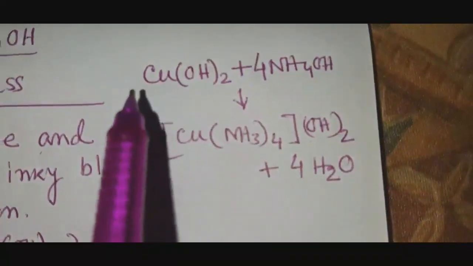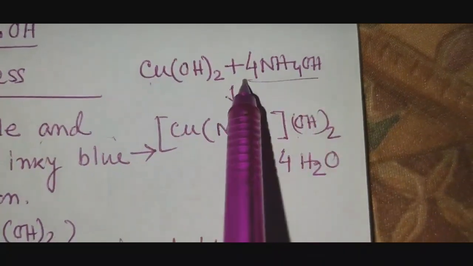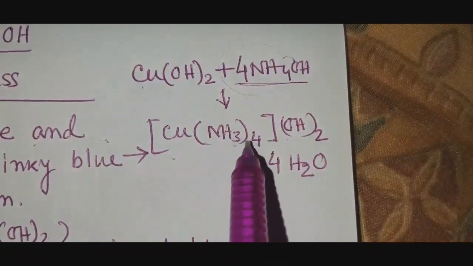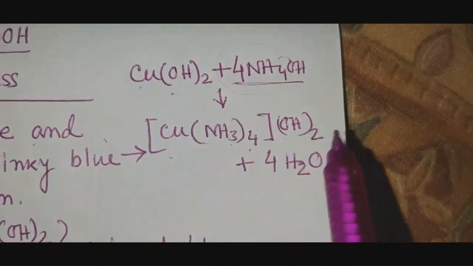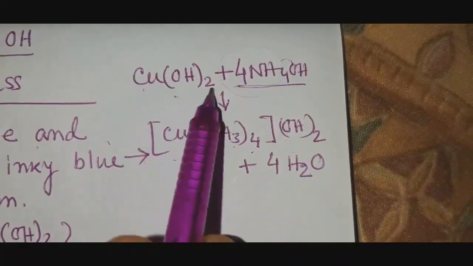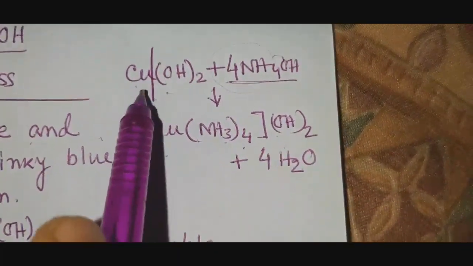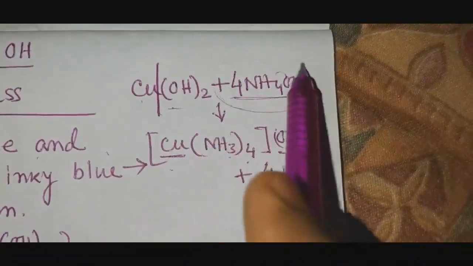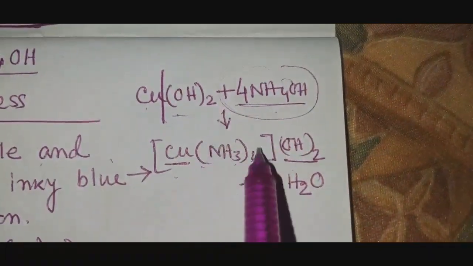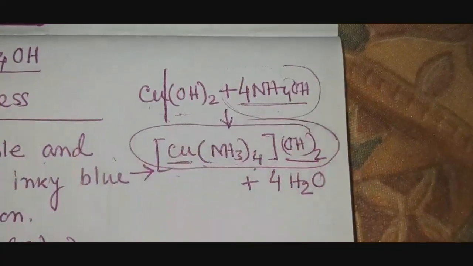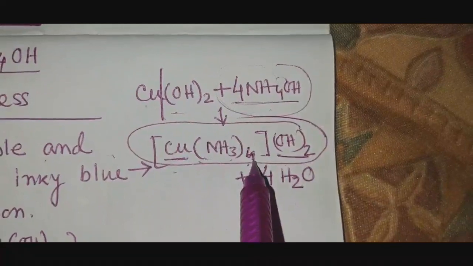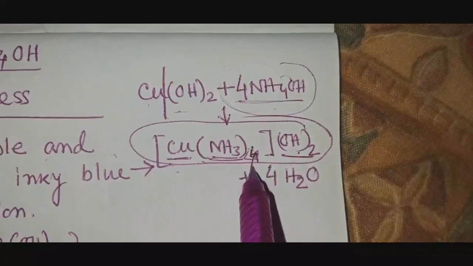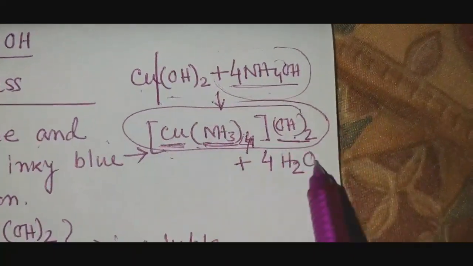Let us look at the reaction. Copper hydroxide is taken, 4 ammonium hydroxide was taken. So copper from 4 ammonium ion, NH4 whole 4 I am writing, and this OH2. You try to memorize the reaction in this way. Suppose copper hydroxide is there, just separate them. So Cu is coming there, this OH2 is going at that part. From 4 ammonium ion, 4 NH3 put there. So this one is a complex salt. The name is tetra. Tetra means 4. Tetraamine copper hydroxide. So remember the name, tetraamine copper hydroxide, and forms 4 water.